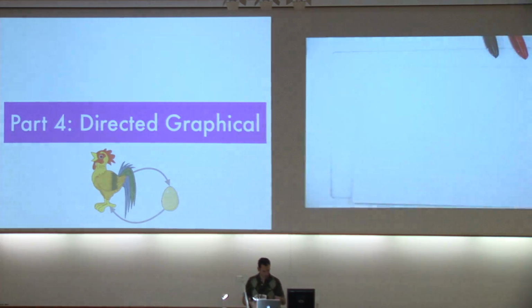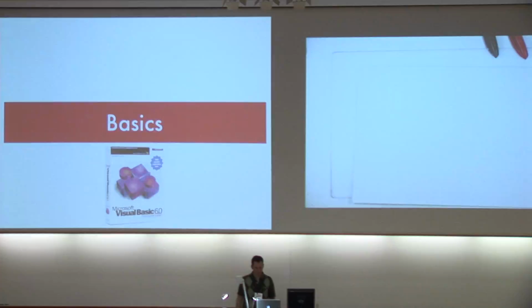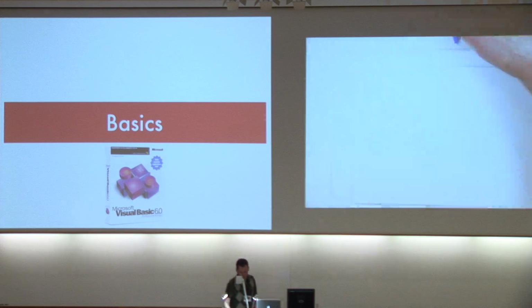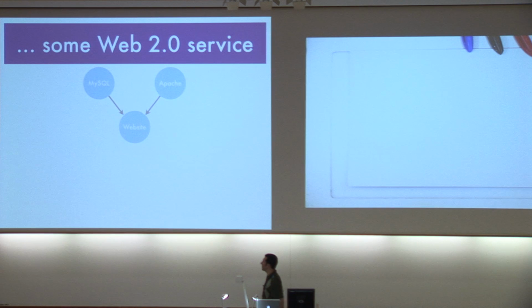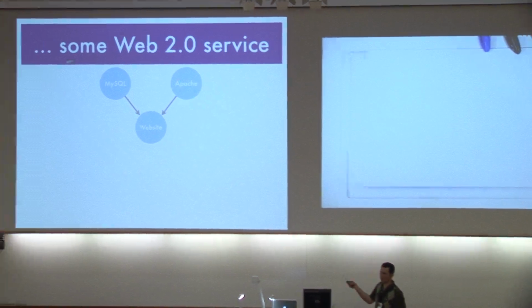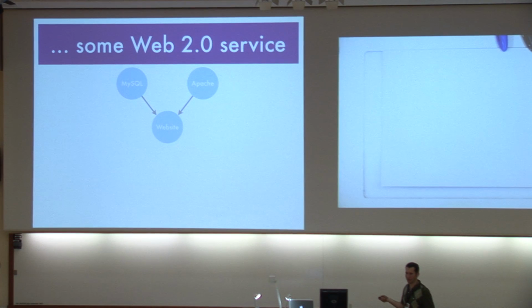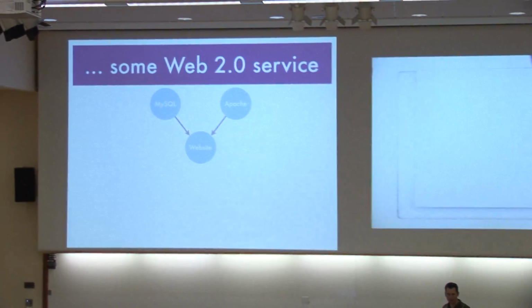Okay, so directed graphical models. We've actually done some of that already, and let's just start with something very simple. It's almost simpler than what we had before. So we have some web server, and it manifests itself on a website. In order to make it run, I need a database and I need a web server. And if both of them are behaving properly, then the site's up. If they're not, then, well,